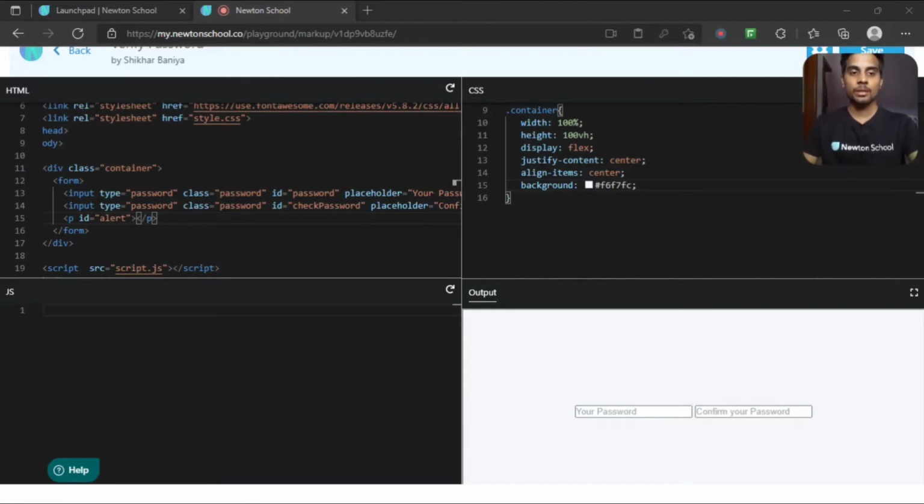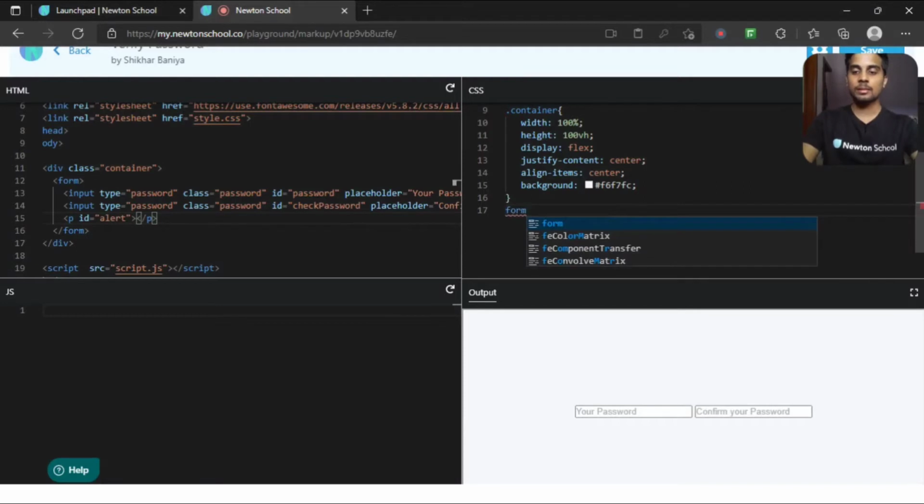Since form is a tag, you don't have to select it with a class, you just have to write the tag name. So form, first let's display it as flex. Now I want to display them one after another, one below another.